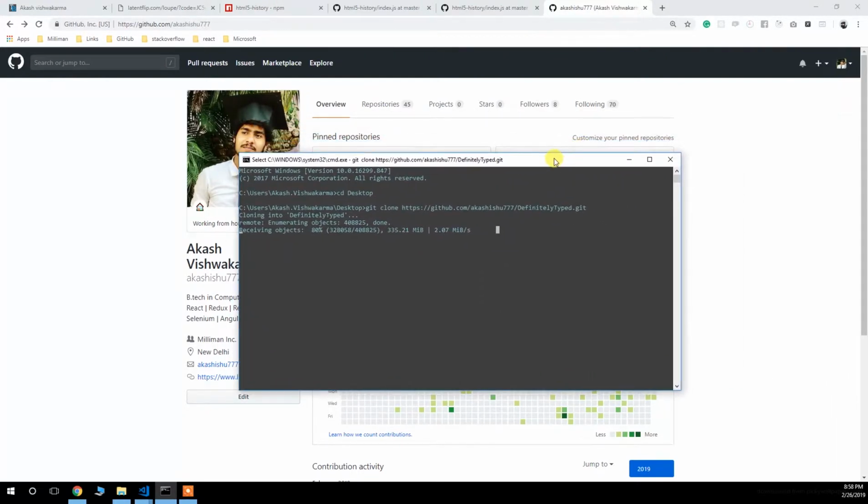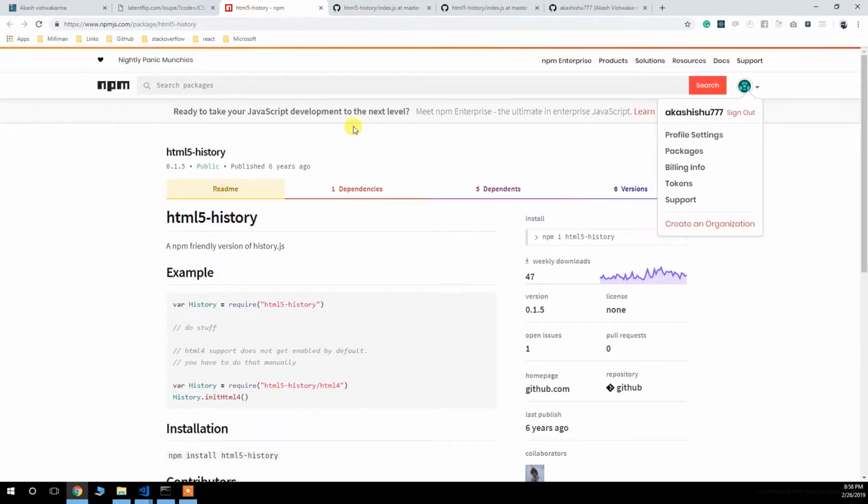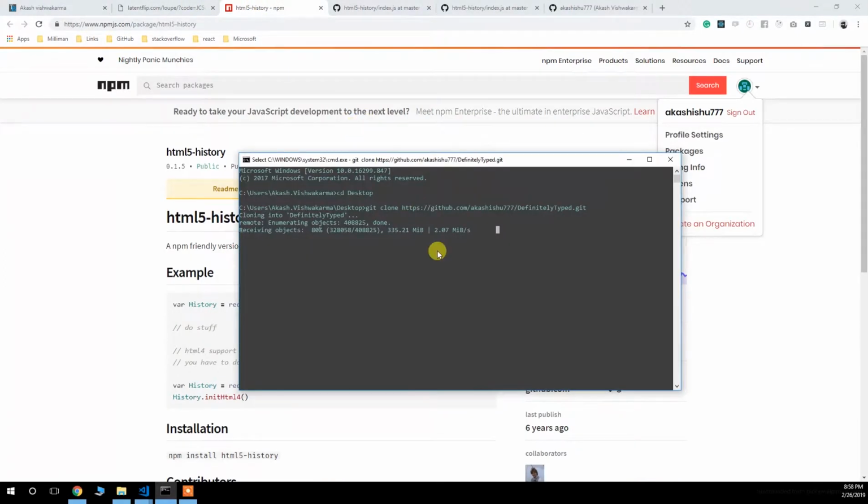So we will create a branch, or you can commit to the master branch also, but it is the best approach to always create a branch. If you don't create a branch, then for example you are working on one feature and you have committed. For example, we are working on the HTML5 history project for creating the type definition, and we have committed into the master branch. What will happen if that pull request is not merged into the main project's master branch, and you want to work on another project? At that time it will create